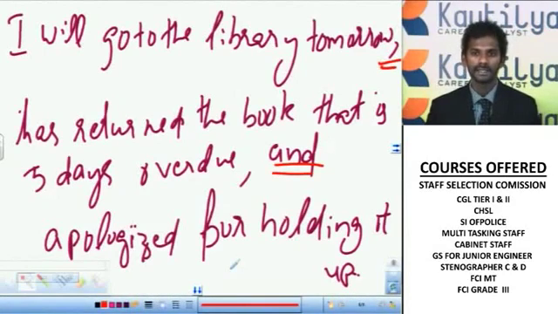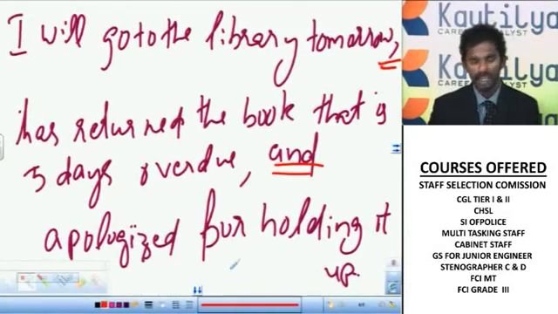It can never be like this, that one idea is a single word and the other ideas are clauses, or one idea is a clause and the other is a single word. It can never happen that way. If one idea is a single word, all the others must also be single words. Similarly, if one idea is a clause, all the others must also be clauses. Clear? So in this sentence, we don't require the concepts of gerund and infinitive, because there's